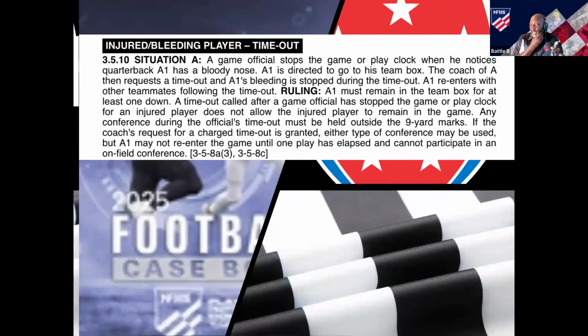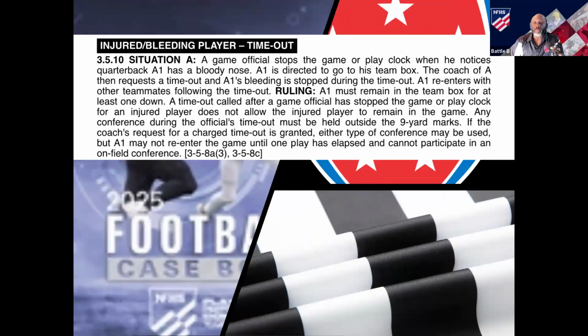So let's look at a case play. All right. And again, this is the case book. And if you don't read the case book and if you just read the rule book, it's very easy to get a misapplication of the rules, which we'll show here shortly. So situation